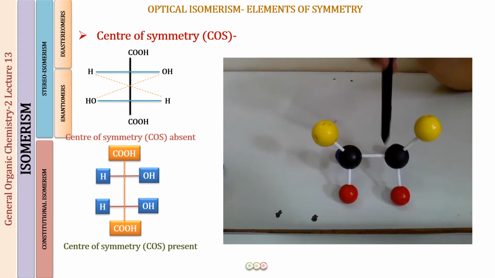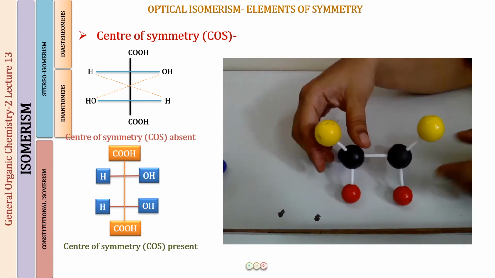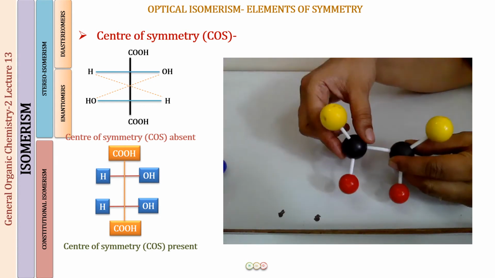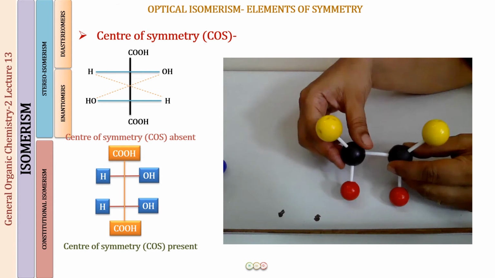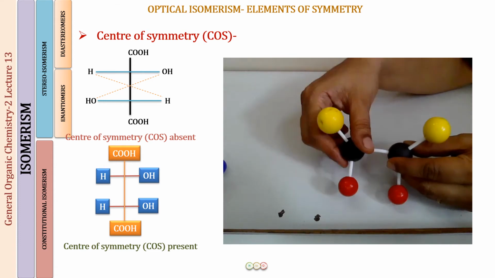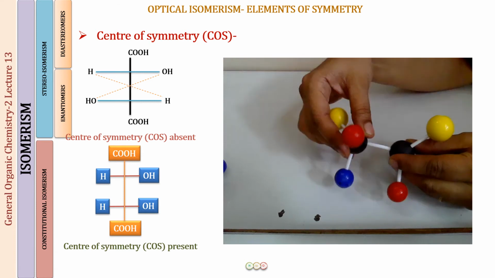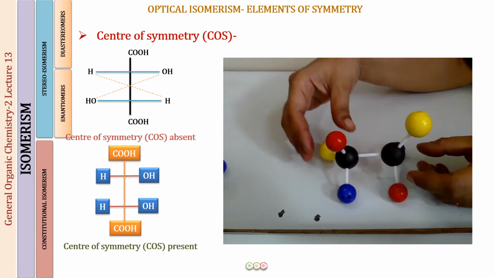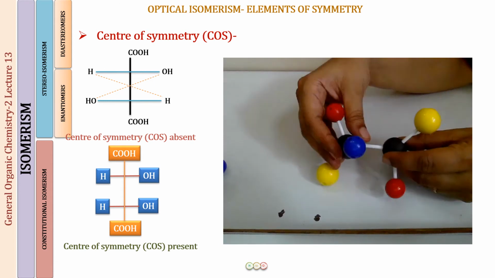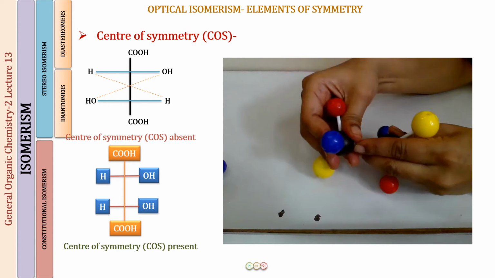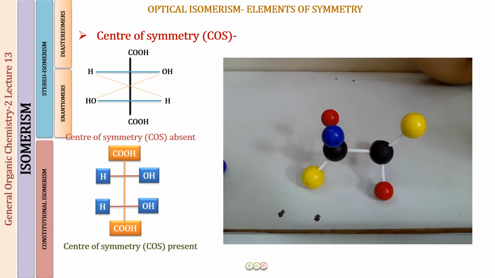But no, that is not correct. So here what you have to understand is that this compound has a carbon-carbon single bond, and around a carbon-carbon single bond, free rotation of the atoms is possible. So I can just rotate this molecule by an angle of 180 degrees in this position. It would actually be this way, right? Just let me put it together. Fine, this way. So it is going to be this way now.